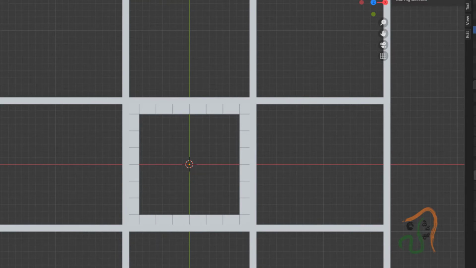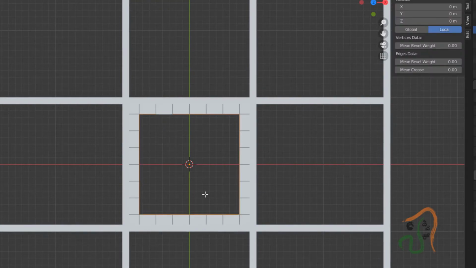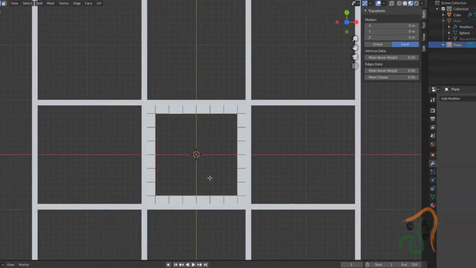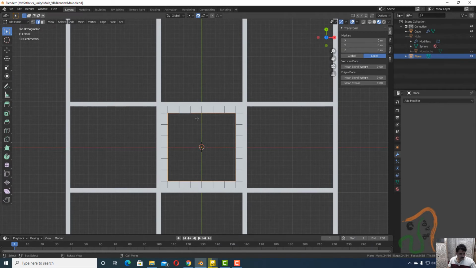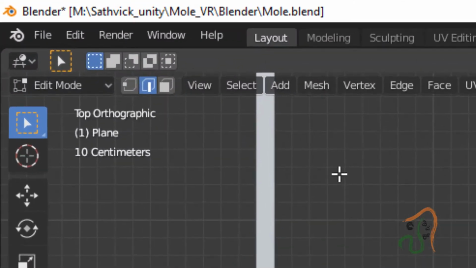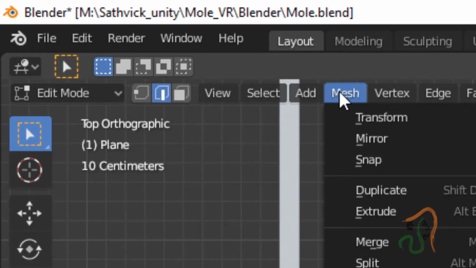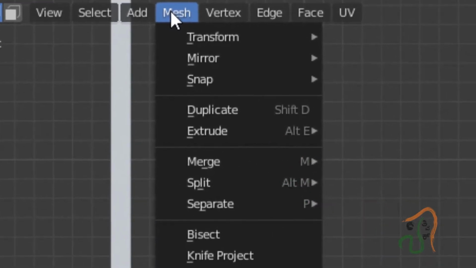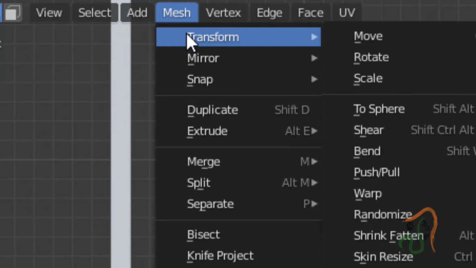Now next, select the edge tool, and with alt click select this edge, and with this edge selected, we want this edge to be round. So to make this edge round, we can either use the loop tool, or otherwise you have another tool here. Come to mesh, and in mesh you have the transform option, and in transform you have To Sphere.